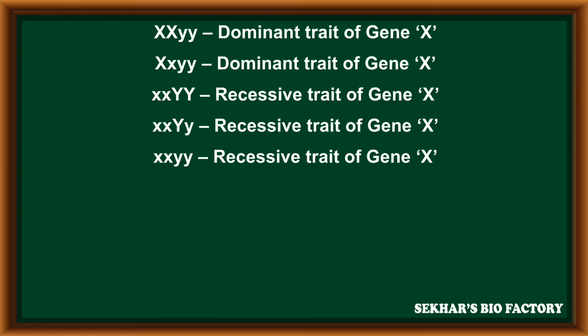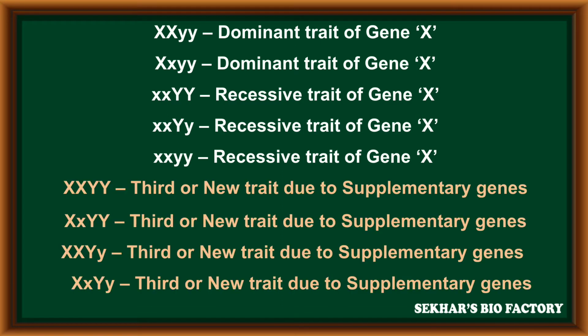In a similar way, if gene X is in the recessive condition and gene Y is in a dominant or recessive condition, the recessive trait of gene X is expressed. But due to supplementary gene interaction,